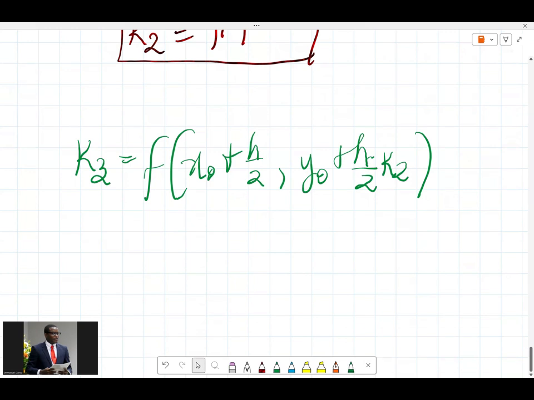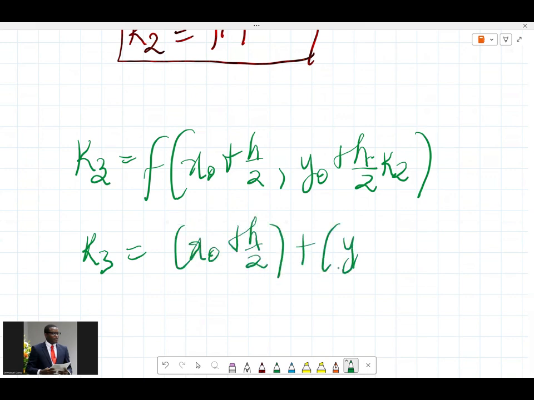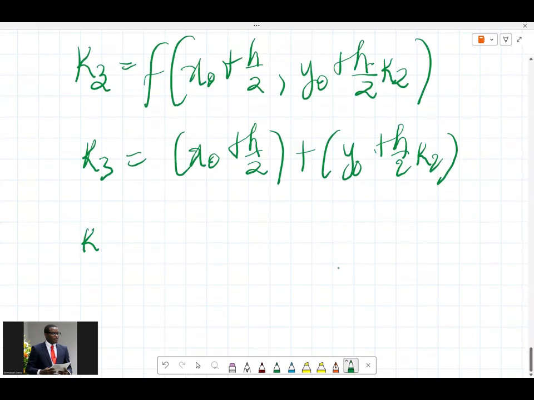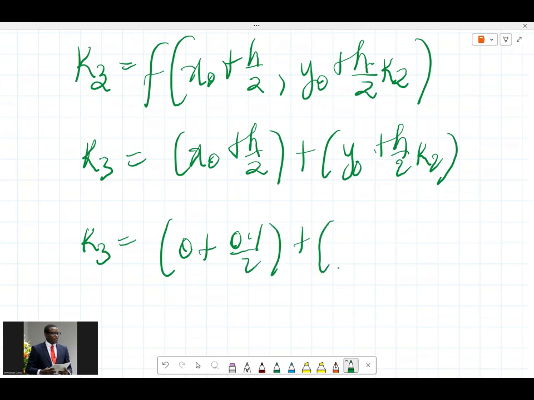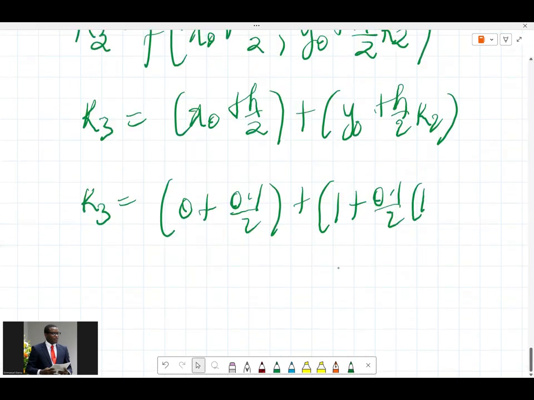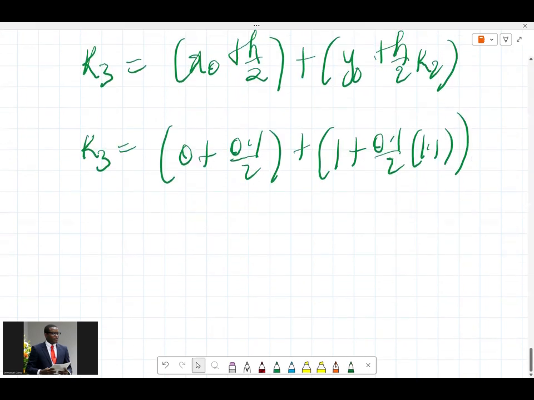Okay, so we now have k3 to be, since f of x comma y is x plus y, x naught plus h over 2, plus y naught plus h over 2 k2. So that K3 is equal to 0 plus 0.1 divided by 2, plus y naught, that is 1, plus 0.1 divided by 2 into K2. K2 is 1.1. So we have K3 to be equal to